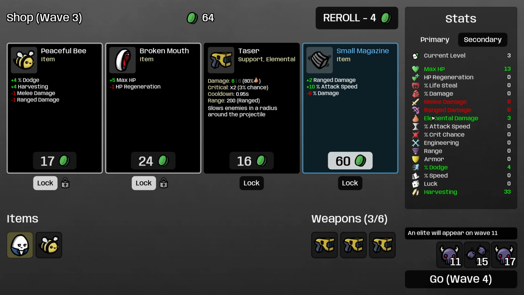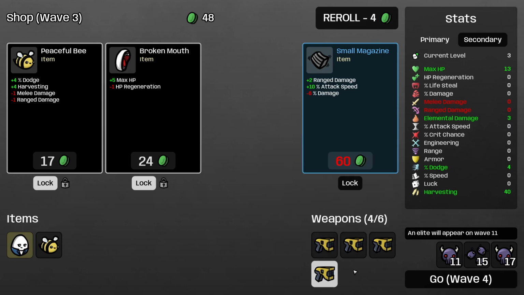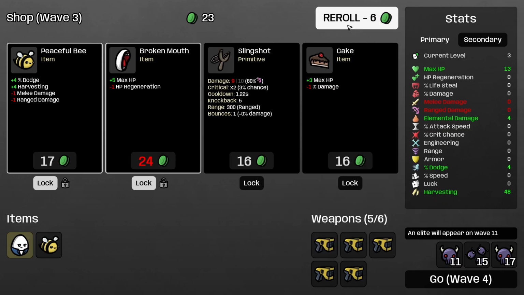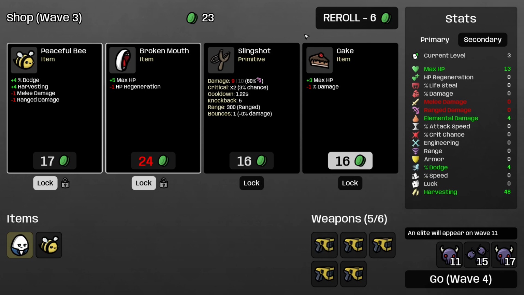Let's see if we can build some damage in this build. And then I'm definitely going to upgrade this. We want to upgrade our weapon tags as soon as we can, so I'm going to roll while we're still guaranteed weapons, because with support weapons you just want to get 6 of them as quickly as possible. That one costs 16 if I'm remembering correctly, so we should be able to buy if we roll